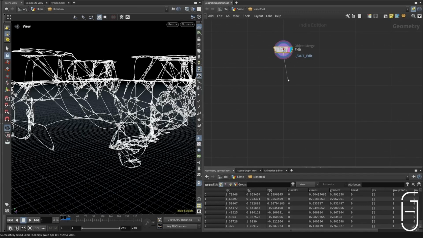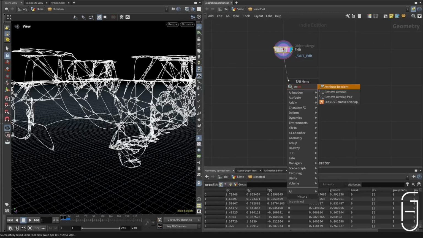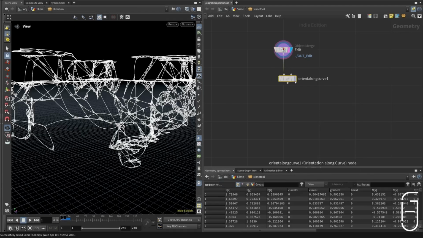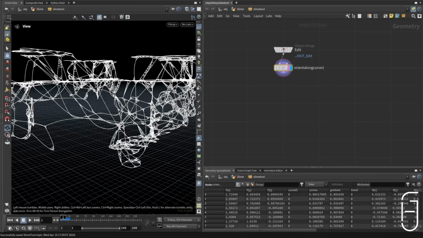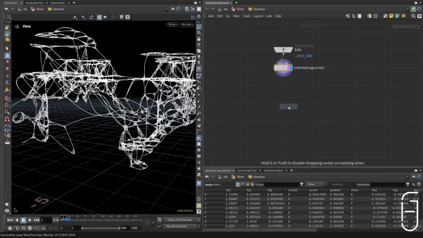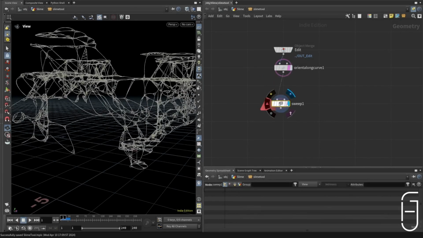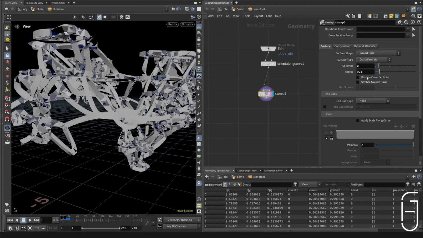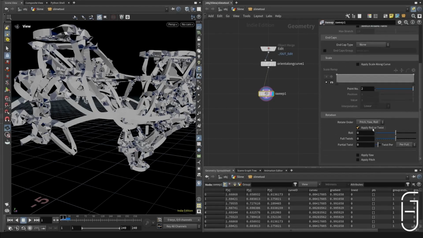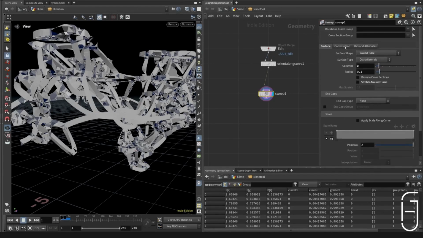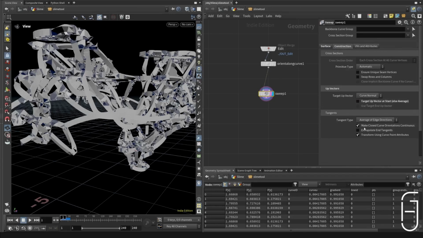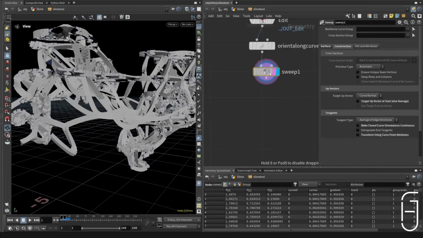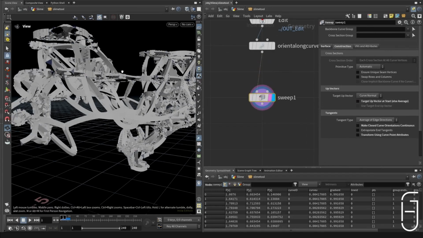So where we have our edit part, we want to add an orient along curve, just so that the curve has the normal in the same direction, and this will make the sweep act better. And in the sweep node, we want to set it to round tube. Probably only want 3 columns. We don't really need it to stretch around curves. We don't want to apply roll or twist. And in construction, we also basically want to turn everything off so that it doesn't do any extra work to